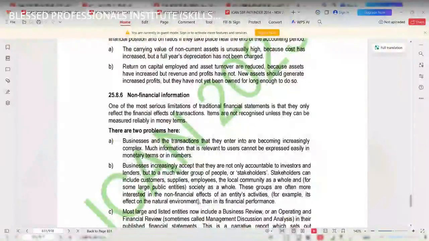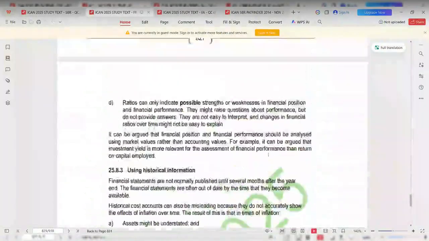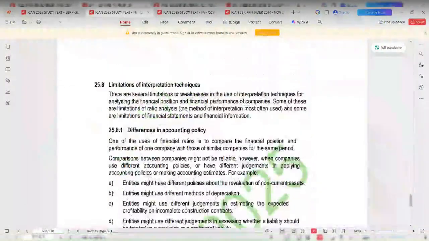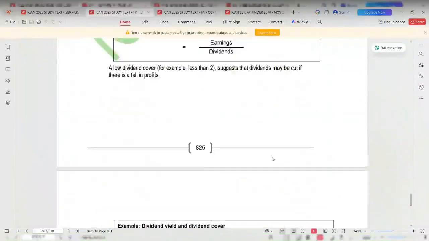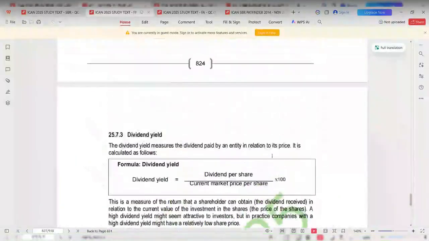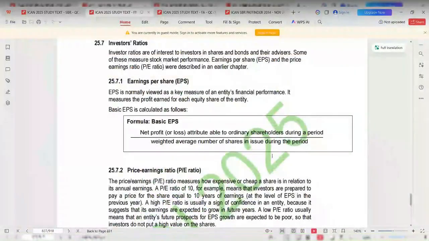Whichever person that is taking you will have summarized the whole chapter for you and will have touched all aspects that are expected of him to touch, giving you an advantage over those ones that just need to sit down and start reading from beginning to the end. You can see